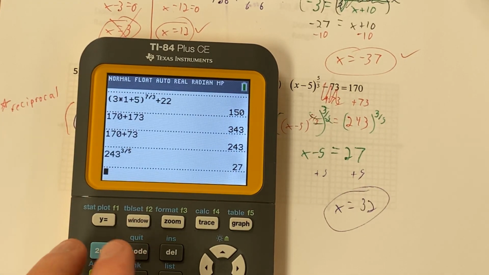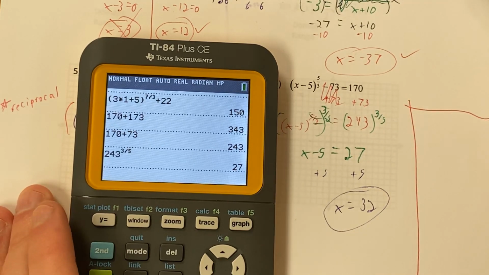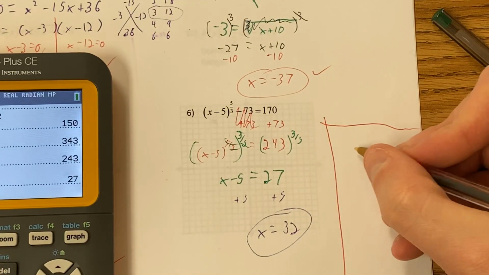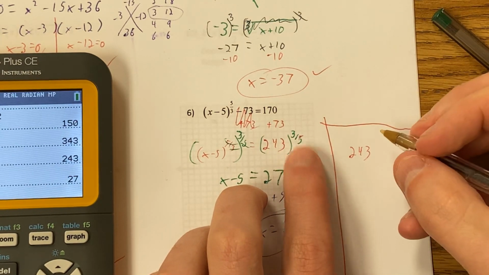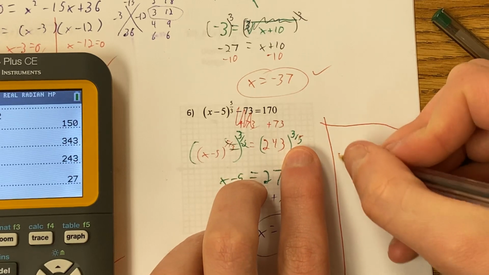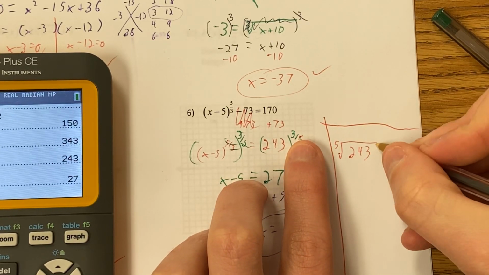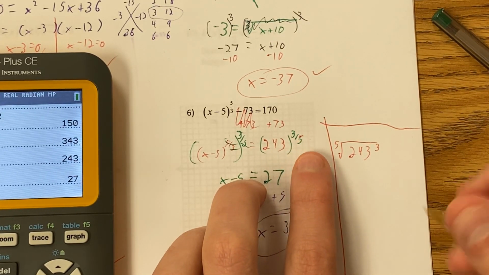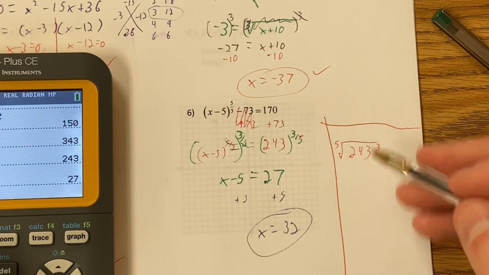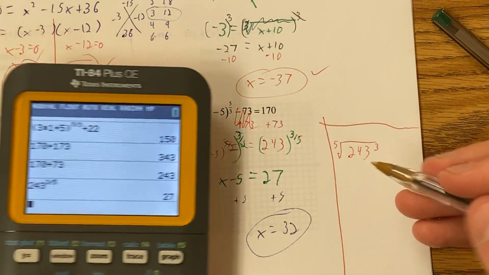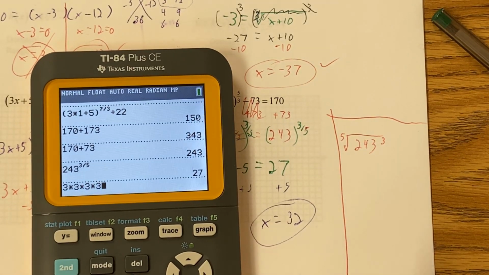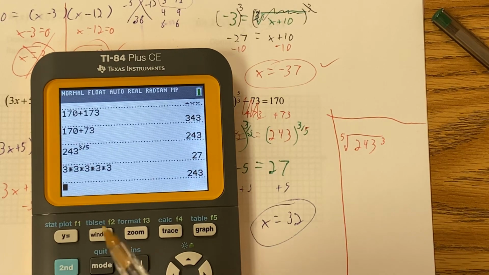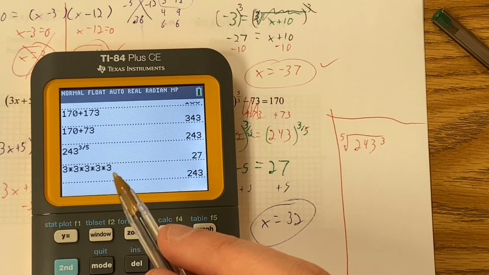Okay. If you wanted to do it by hand, which I'm going to show you because I love math, 243, if you were to rewrite it with rational exponents, the bottom number, the 5, becomes the root number, and the 3 stays as an exponent. Now, you probably don't know by just looking at it, but 243 is a perfect power of 3, like 3 times 3 times 3 times 3 times 3. Yeah, there we go. So if you have 1, 2, 3, 4, 5 3s,